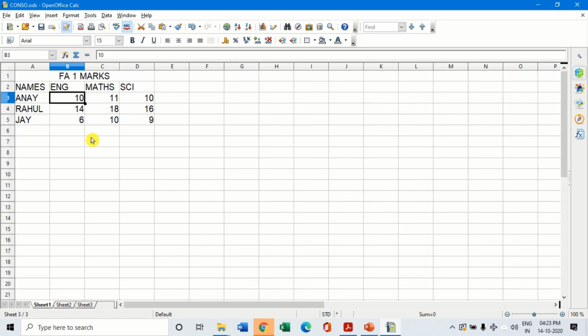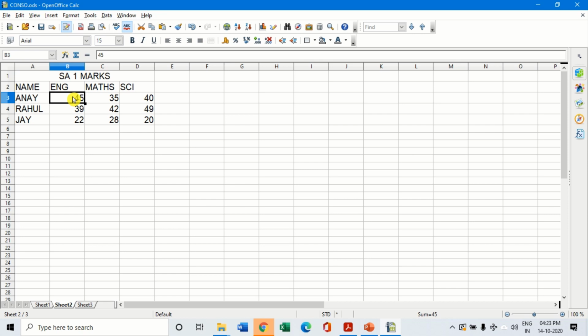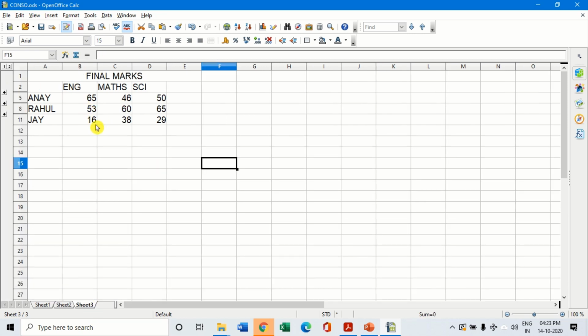Now suppose I go here and I change these marks from 10 to 20. Now let us see what happens to the final marks. It becomes 65. That is because we have linked the source to this particular data. That is why whenever I make any changes, suppose in Sheet 2 I change this from 20 to 10 marks, then here it automatically becomes 16. So when I collapse here, this has automatically changed to 10 marks and 16 marks. This way you will be able to see the changes which are reflected in the sheets.